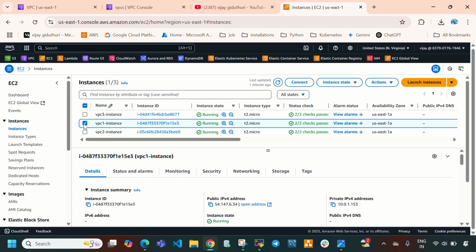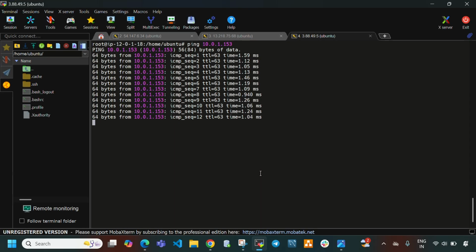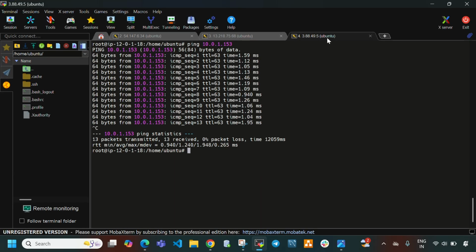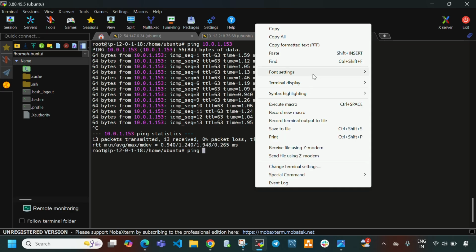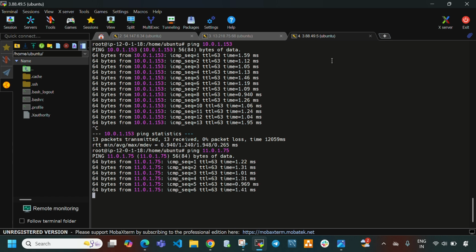Now let me copy the instance 2 private IP address, cancel this, and ping from instance 3 to instance 2. Here you can see the request is going and coming back. So instance 3 can communicate with instance 1 as well as instance 2.